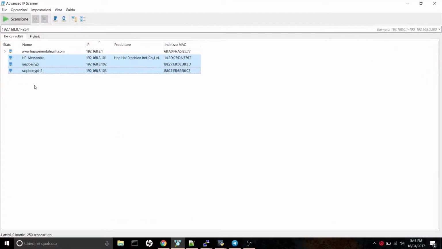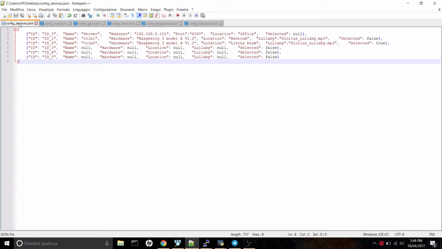Before starting, you should know the addresses of the server, which is your PC, and of the cribs you want to configure. Once you open all the config files, you can start editing the device 1. Here you have to insert the address of the server and the port where we are going to mount the web server. There are various optional fields to fill, such as the hardware we use, the location of the cribs,